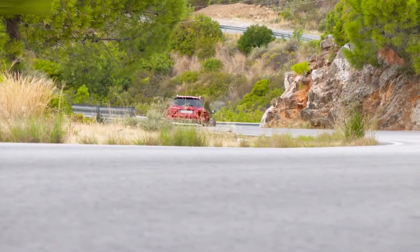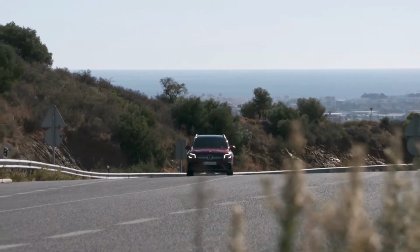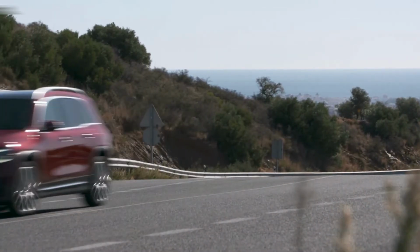My test car is featuring the 2-liter 4-cylinder diesel engine with 140 kilowatt or 190 horsepower. And that delivers 400 newton meters of maximum torque and is always combined with an 8-speed automatic gearbox. This package really makes perfect sense. It is quite smooth and easy and an absolutely enjoyable drive. Gear shifting is something you will not even recognize. And if you want to drive a bit more dynamic, you just push the pedal to the metal, the car just makes whoop, and then it really delivers the power you expect and you want,